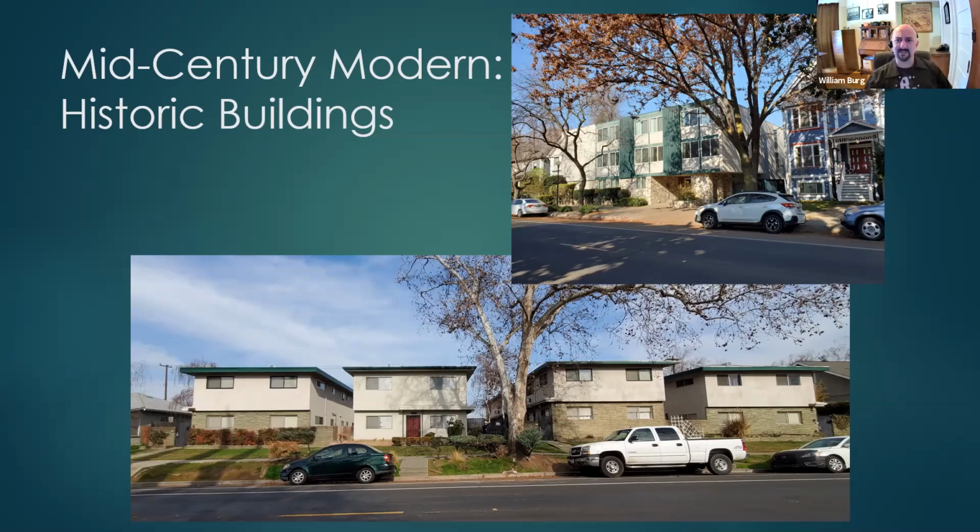And in some cases, they are beautiful buildings in their own right and deserving of recognition for the role that they play. The example on top, as you can see, is over on Q Street, I think, in Midtown, and the one below it is in Curtis Park, in one of those neighborhoods that people don't associate with multifamily or mid-century, but it's a really nice example. And this is exactly what we're talking about. We're talking about a floor area ratio between 1 and 2.